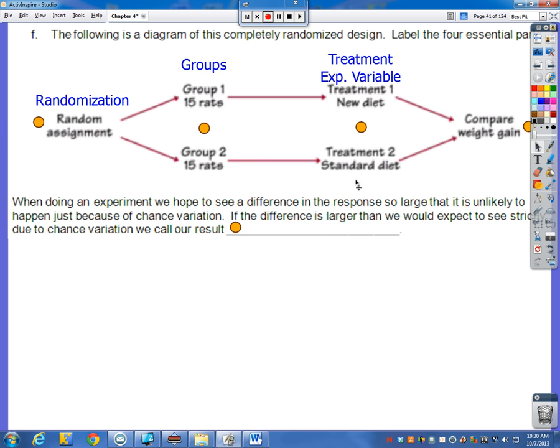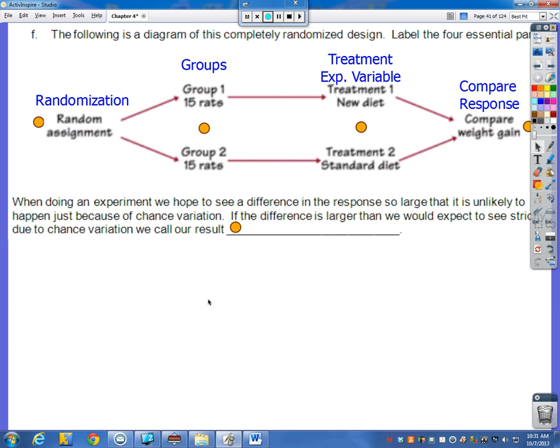So here's our explanatory variable. And then at the very end, we come back and we want to compare the weight gain between our treatment group, our actual treatment, and our control group. And this is looking at the response variable. Okay, so this is the overall design of a completely randomized design. You start out with randomization, split them up into groups, give them their treatments, and in the end, come back